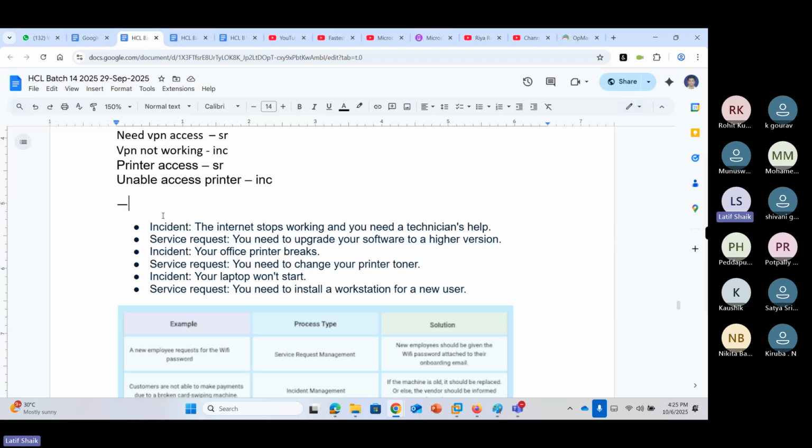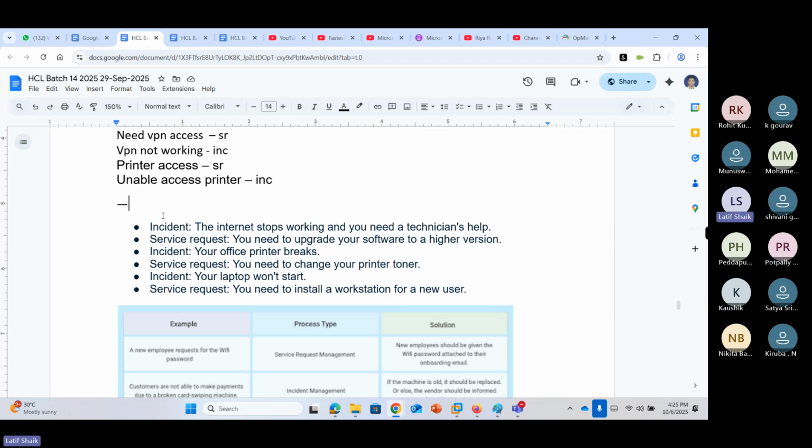Service request: you need to upgrade your software to a higher version. It is working, just needs an upgrade. Service request. Printer is not working: incident. Printer is working, only the cartridge toner is finished, so it's not printing.